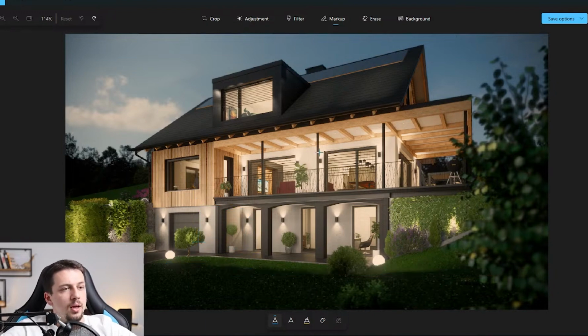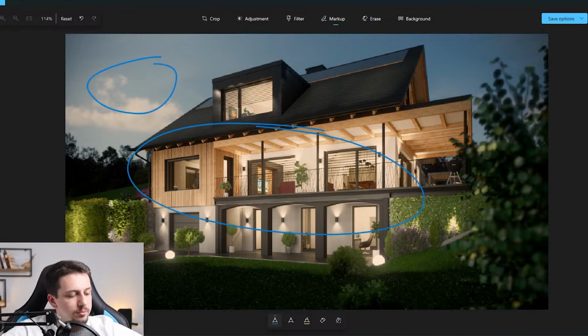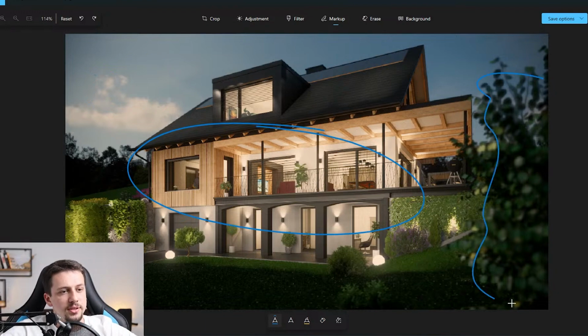That is one thing. What you definitely also want to improve is just try to balance this artificial lighting with the sky, because the sky is not completely dark. So if the sky is not as dark, then these lights cannot be as strong. So try to keep a balance between these lights and the sky as well, right? So that is one thing. I like that you put this blur here,